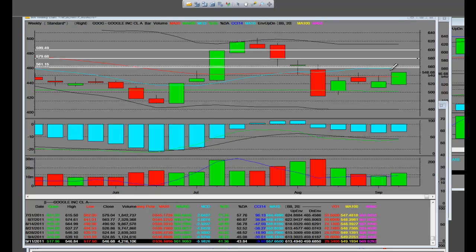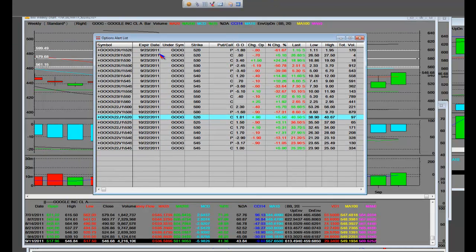We have the bullish weekly chart, and this is what it looks like on Google. Along with it, we'll be doing our trade management, starting with 923s going out to 1022. Google reports earnings on 1013. There are various calls and put strike prices that we're going to be addressing in here.